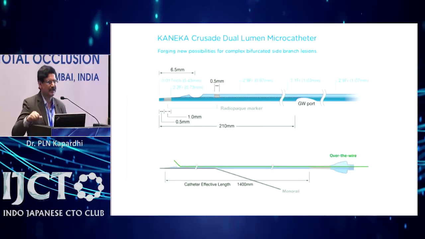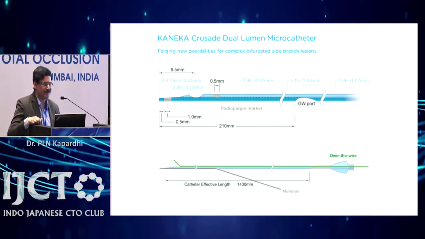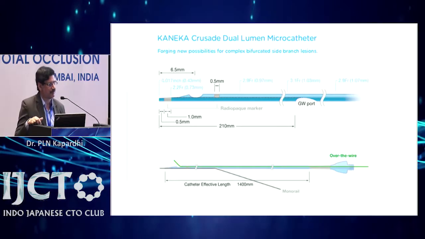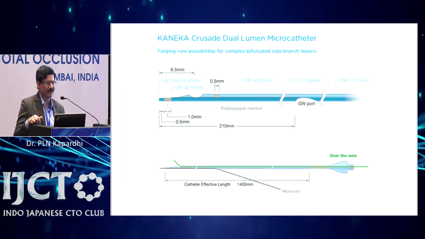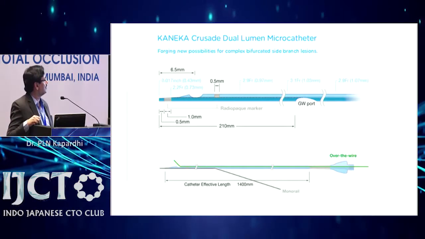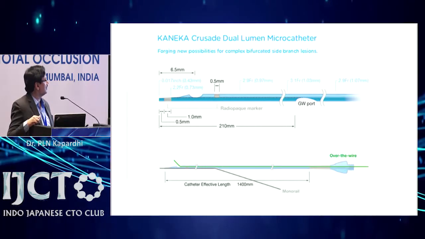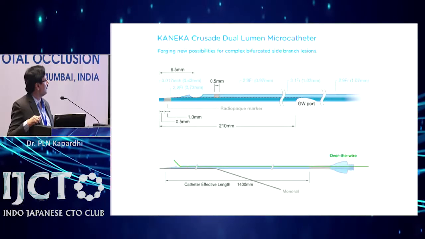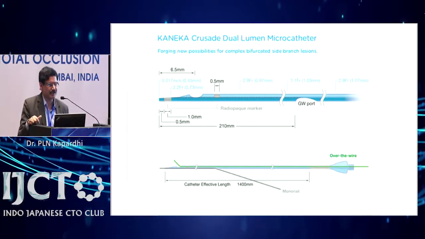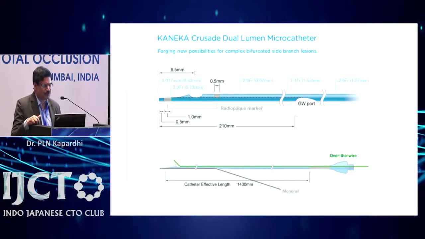Then after the Caravel, there came the Crusade, that is Kaneka, which is a multifunctional dual lumen microcatheter. Of course, in Asahi the Sasuke is also available, but it did not come to India. Here the most important are two ports, the distal port as well as the side port. The distal port is a monorail port, the side port is the over the wire port. It tapers from 2.9 French to 2.2 French, and this is very useful in CTO